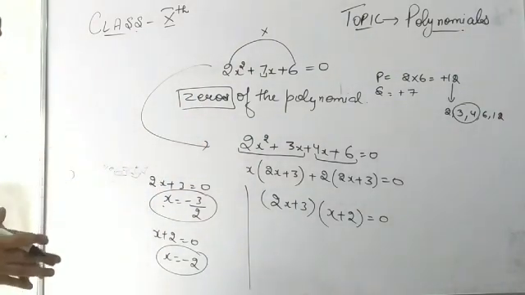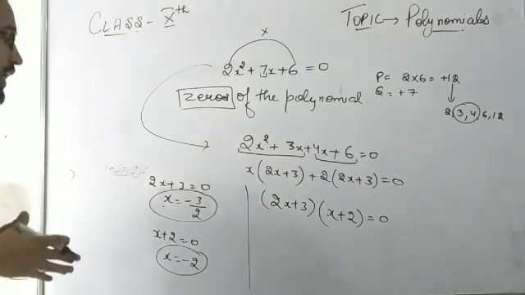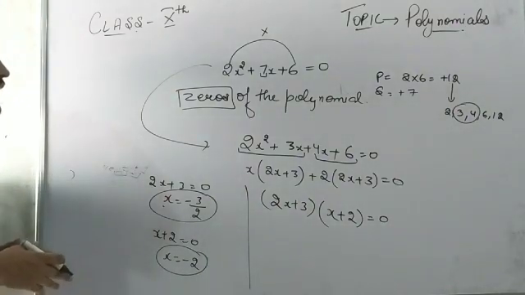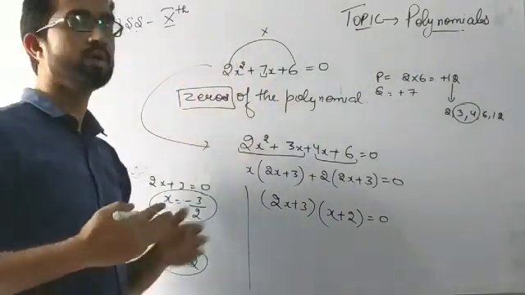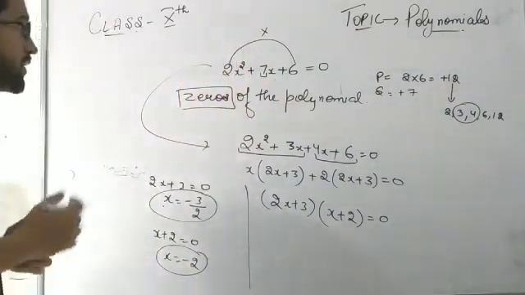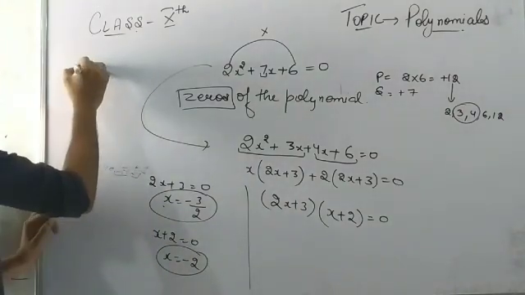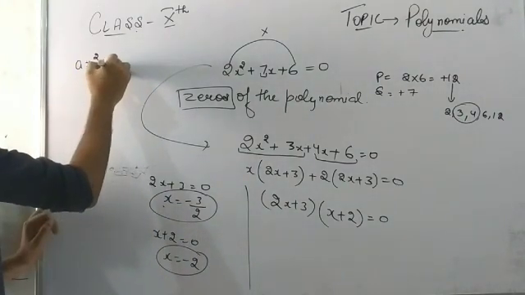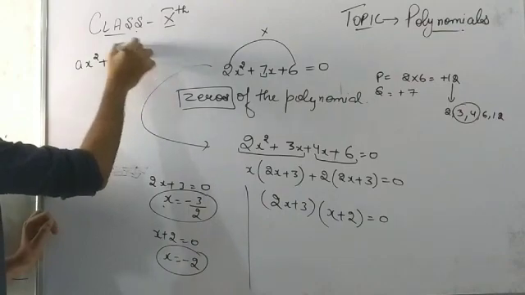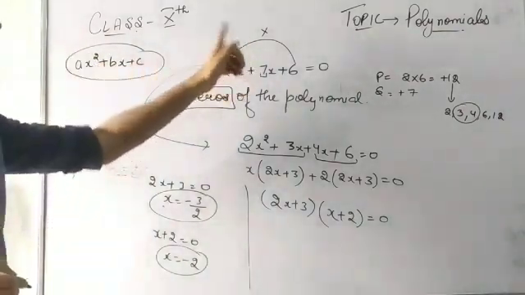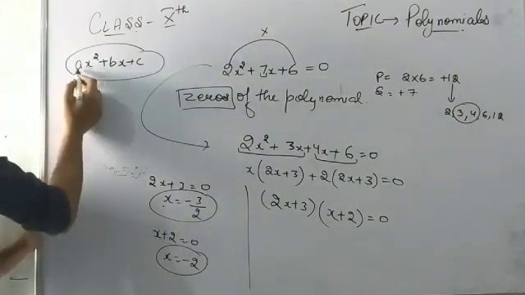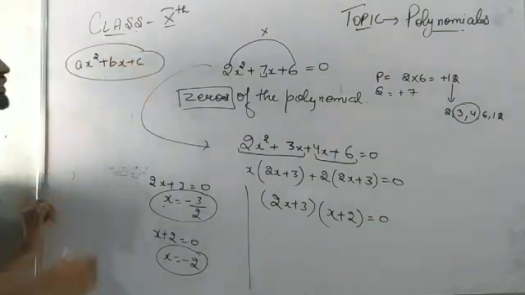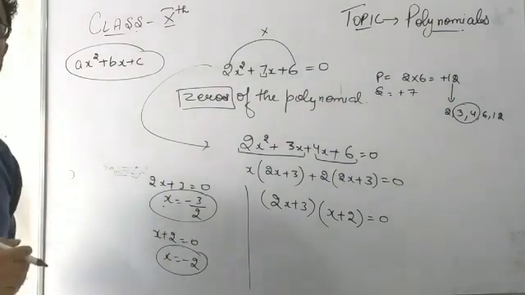Next thing we have to see is that if we have two zeros and I want to find the sum of zeros of this polynomial using the general formula. For that, let me generalize this. It will be equal to ax squared plus bx plus c. So this is the general form of this polynomial. A, b and c are the coefficients, where a and b are coefficients and c will be a constant and x is our variable here.